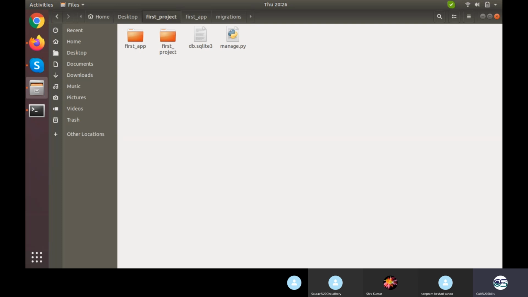Then secondly, there is first app and first project. The first project folder will store all the things related to the entire structure of the website or entire project. It will have settings.py, urls.py, wsgi.py and asgi.py. The cache you can ignore. Then the first app is the particular app stuff. Into it go the settings related to this particular application. So we can configure views, models, tests, apps, admin, and migrations, and all that. So I hope all the things are clear to you.